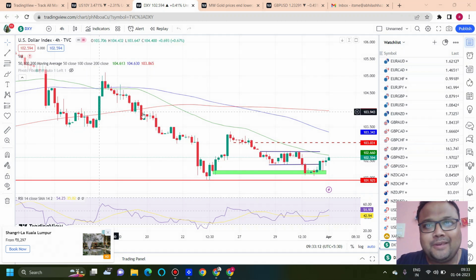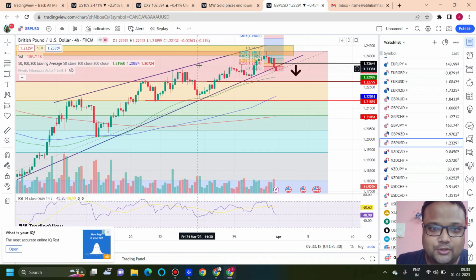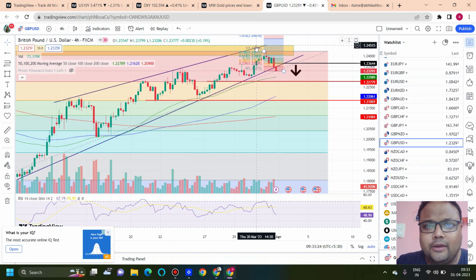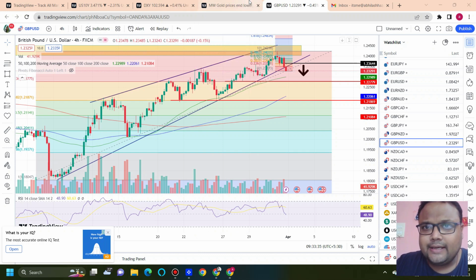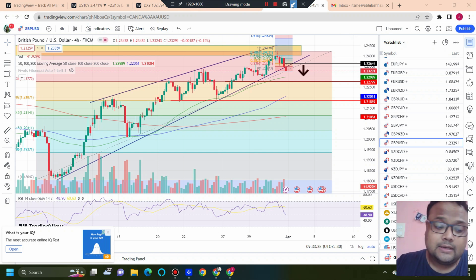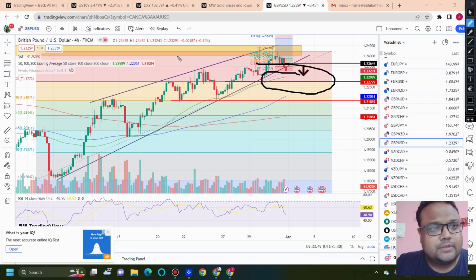Now let's talk about GBPUSD. GBPUSD showed a rising wedge pattern a couple of days ago, and you have heard me discussing this pattern here. But we cannot also deny the fact that DXY is very much under the dominance of sellers, and fundamentally also DXY is not very strong right now. So as a result, there is a possibility that even if GBPUSD shows a downside, it will take support